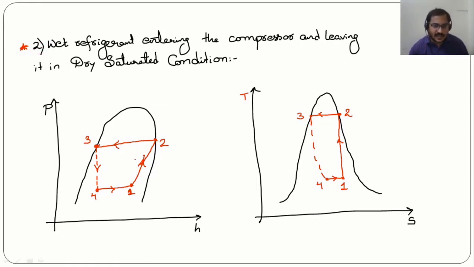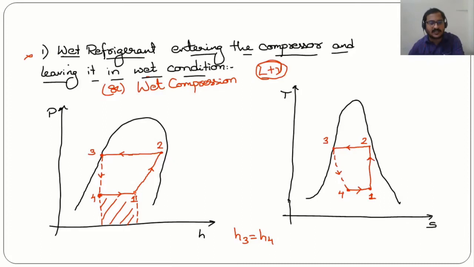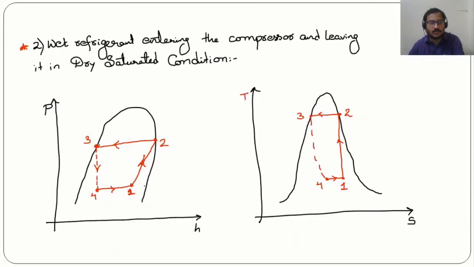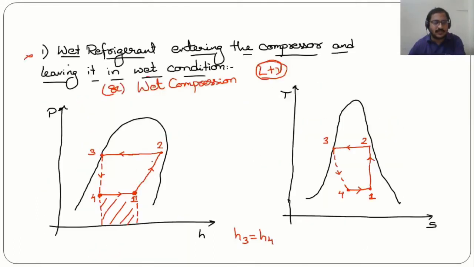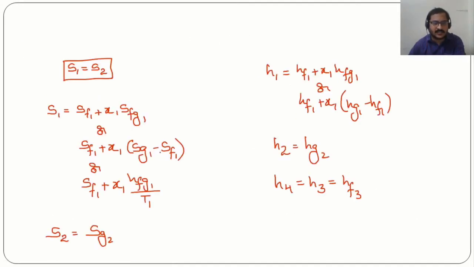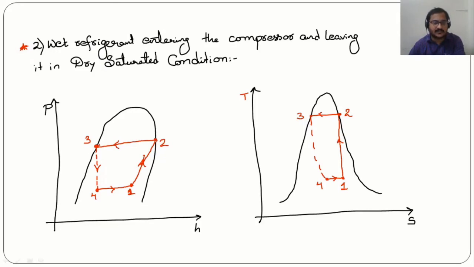Remember, here I am considering point 1 as same. That means the entry condition to the compressor in condition 1 and condition 2, I am taking the same. So when we consider so, the amount of work input that is required in order to get wet steam out and in order to get dry steam, dry refrigerant here will be different. And in this particular second case, the amount of work consumed by the compressor in order to get a dry saturated refrigerant out will be more. So as a result of that, the COP will be less in this particular case.